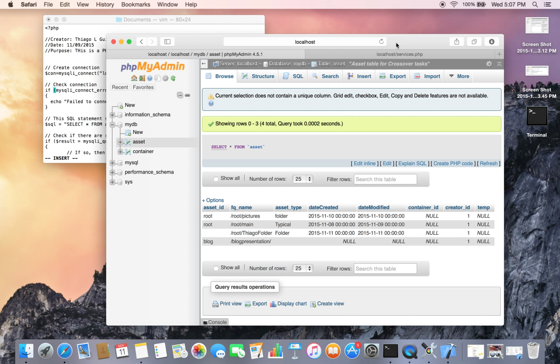One app, an iOS app that I am developing here to allow you guys to connect and extract information from one database. Basically, my database is a MySQL database here. As you can see, there are two tables, asset and containers, and the asset table has 4 rows. So basically, what I'm doing here,